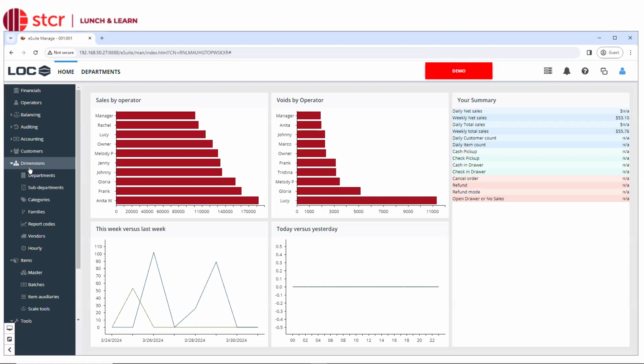So I'll also show you how to do that just in case. So I'm going to go into the reporting aspect now and show you some of the flexibility that eSuite's offering with the reporting. So like I said, I'm going to focus right here mostly on the dimensions, which is your